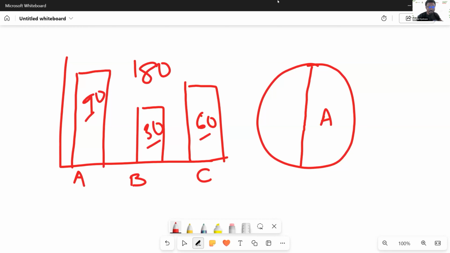So half of it is going to be for department A, and then I have 30 and 60 to go. Out of this 30 and 60 now, maybe this is going to be for department C, and this is going to be for department B. Now, this tells a completely different story, because the story you get from the first part is telling you that department A has the highest number of students, but the story you get from the second part tells you that half of the entire school students are in department A. So you see that the same information, 2 different visuals, and the communication are completely different from one another, right?